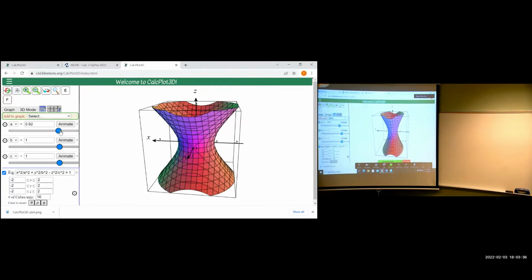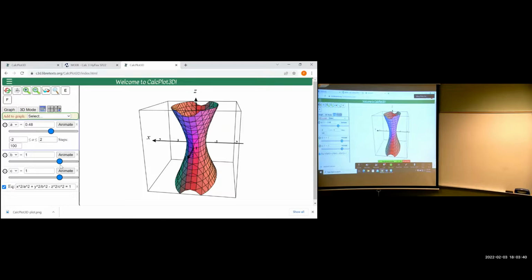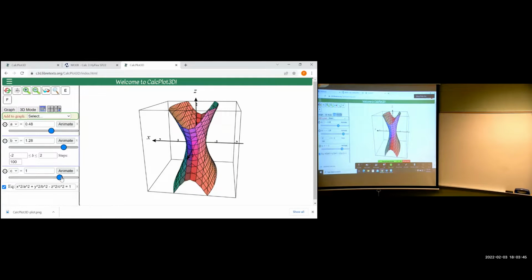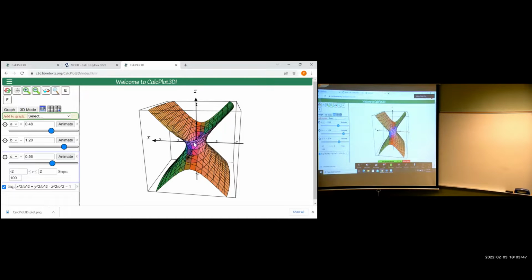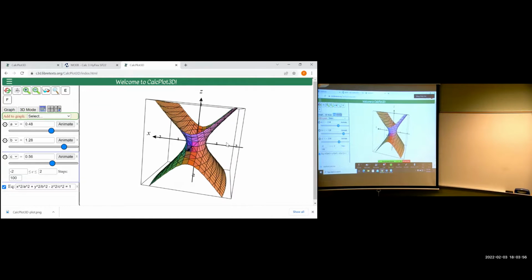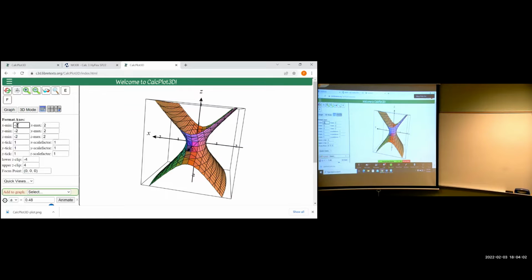I can now use sliders and stretch, so you can see what changing A does. What does changing B do? What does changing C do? I didn't spend a lot of time going over all the things you can do in CalcPlot3D, but notice right now I'm in between 2, 2, 2 and -2, -2, -2. If I wanted to see a little bit more of the graph,